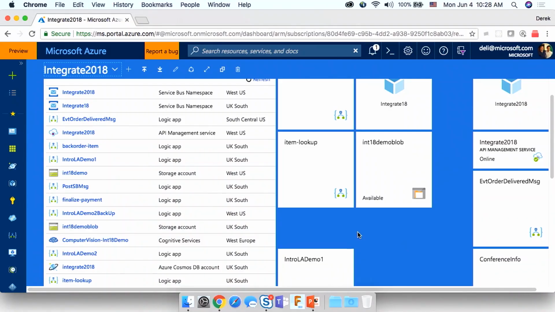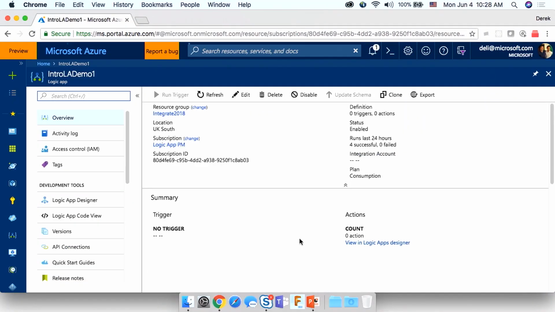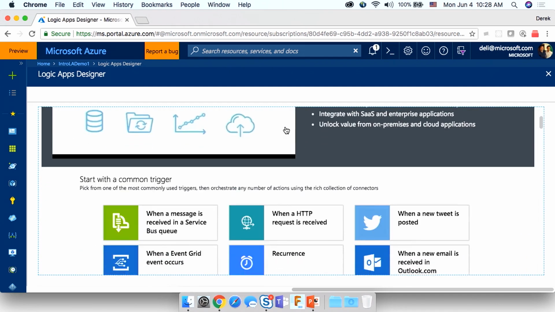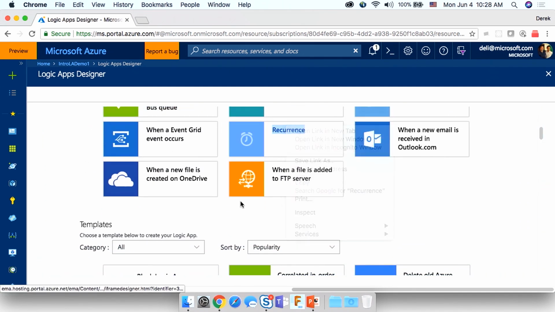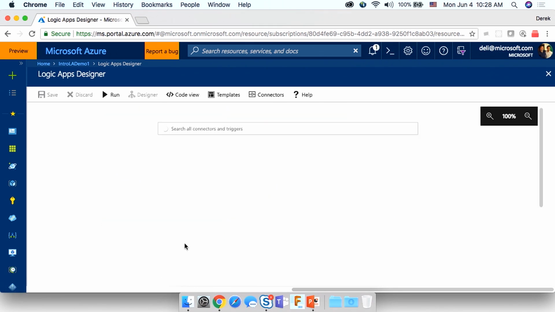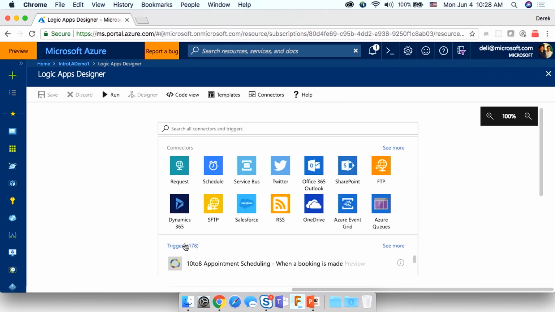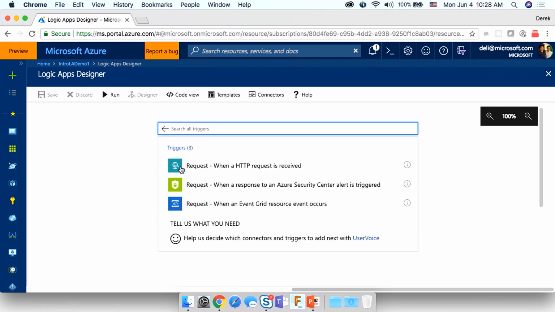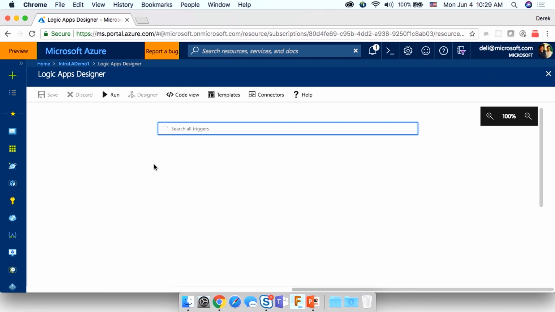So let's get started and see how within 5 minutes we can go from Hello World to an integration hero using Logic Apps. I'm simply going to switch back into the Azure portal. I have an empty Logic App already created. In this one, we're going to implement a Logic App that follows the request and response pattern. The Logic App is going to expose itself as a REST API, and when called upon, it's just going to return Hello World to the caller. This is one of the very common scenarios that people use Logic Apps for, and we're doing exactly that.